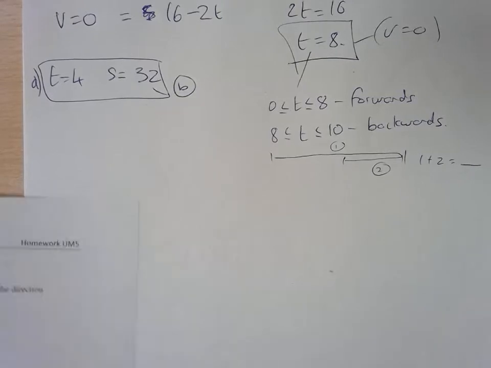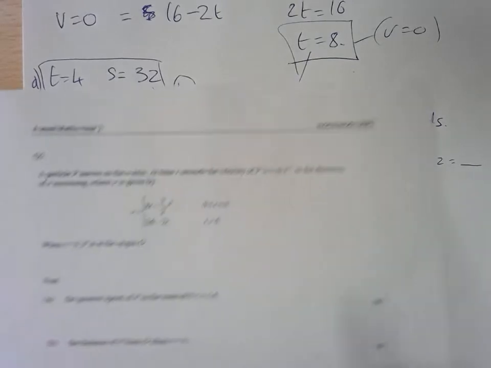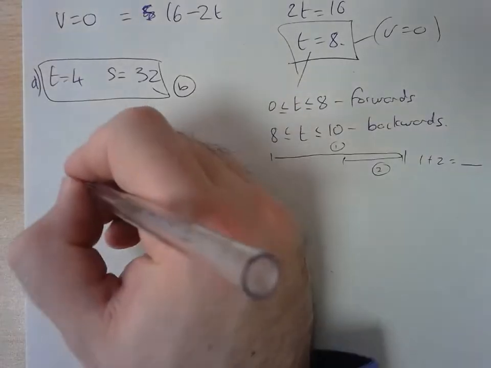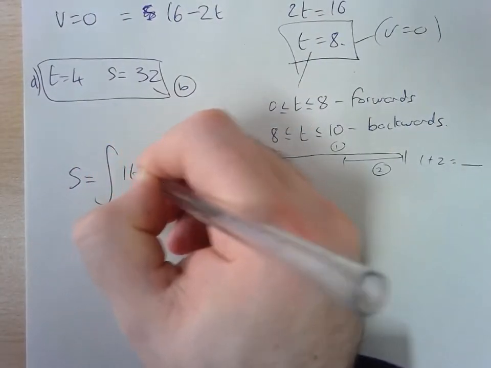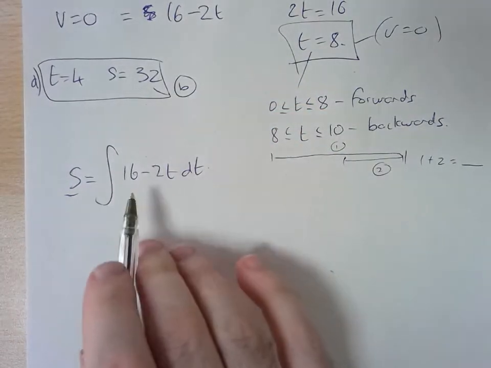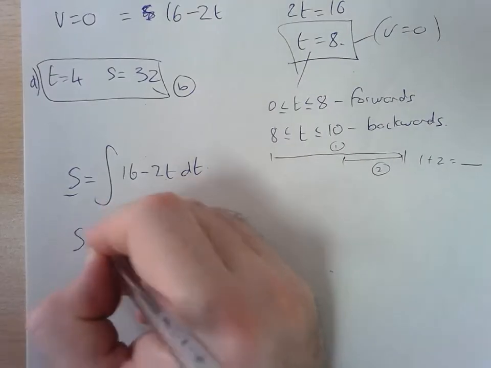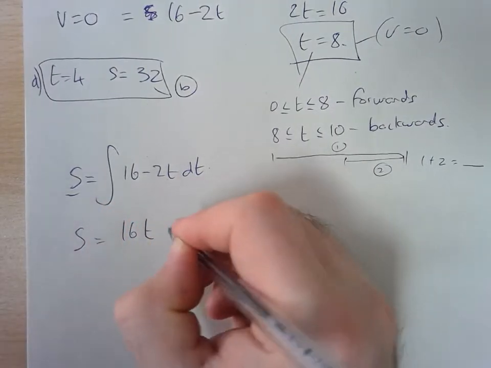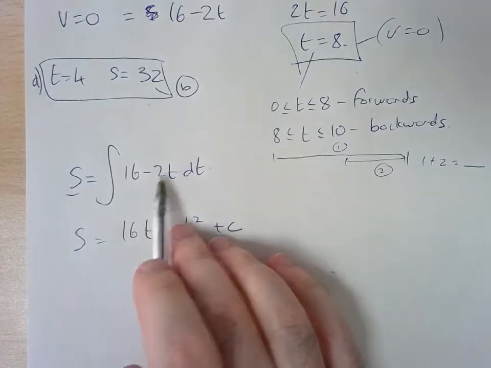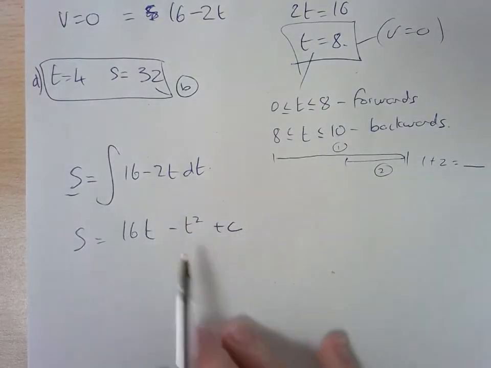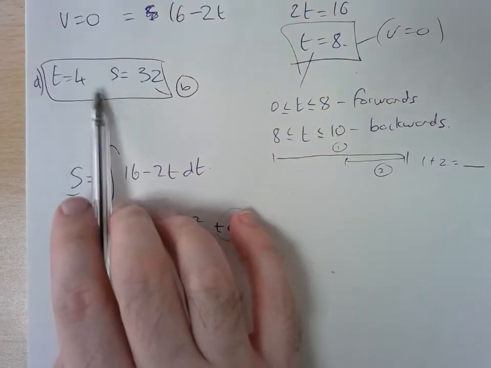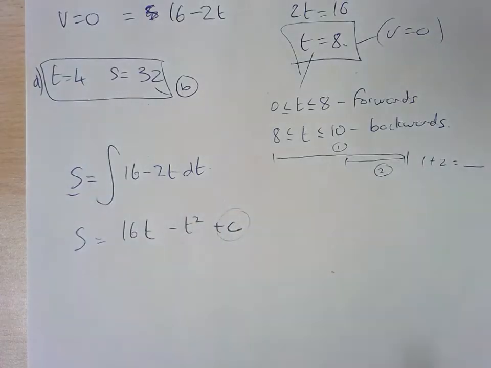So we need to find a distance formula from this velocity formula here, so that we can use it. So we're going to have s equals the integral of 16 minus 2t dt, because we've integrated velocity to get to displacement. So we have s equals 16t minus t squared plus c. We integrate this, we get t squared over 2, the 2's cancel. We need to find this plus c, but actually we're not going to use our initial conditions